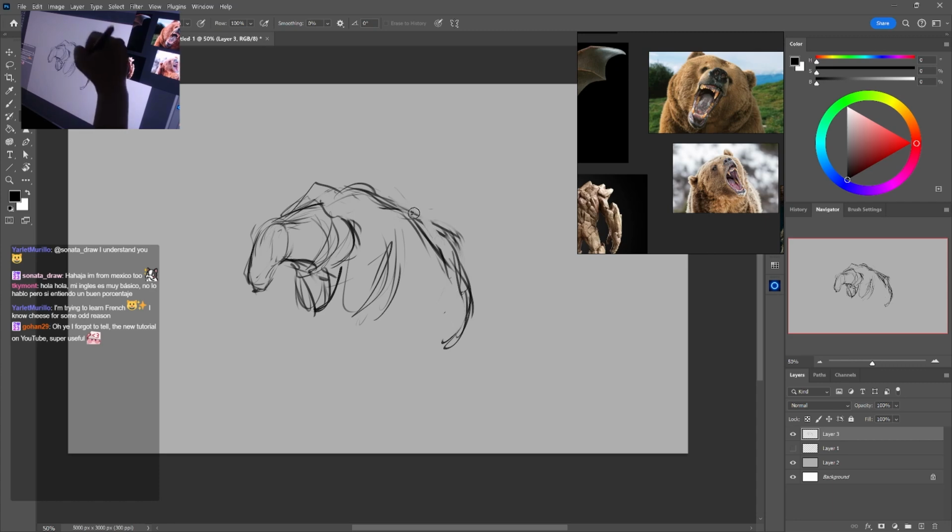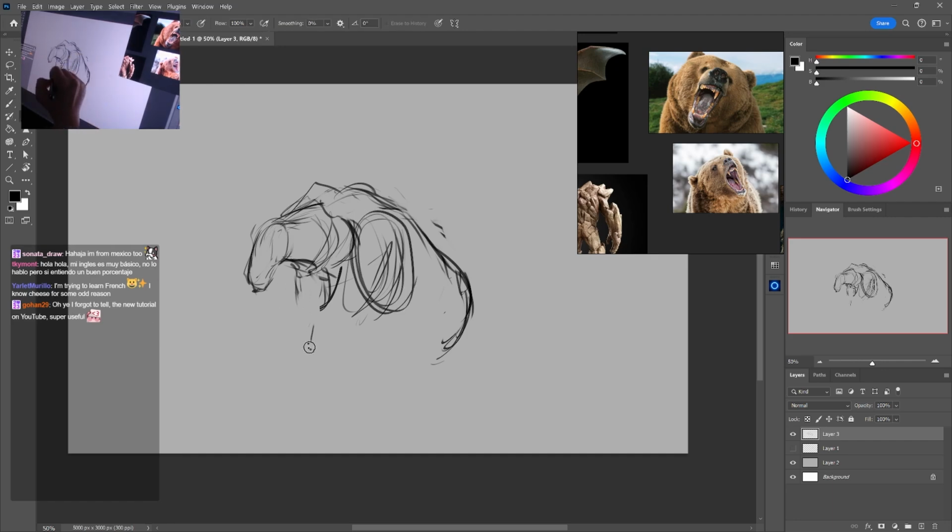So maybe what if we made him really heavy looking like this? And give him these huge arms, yeah?